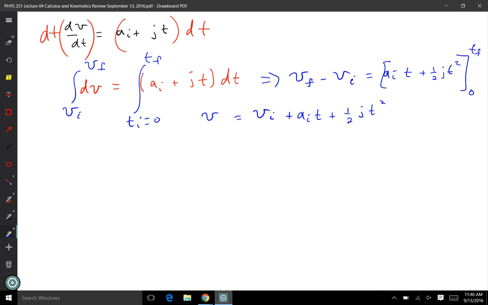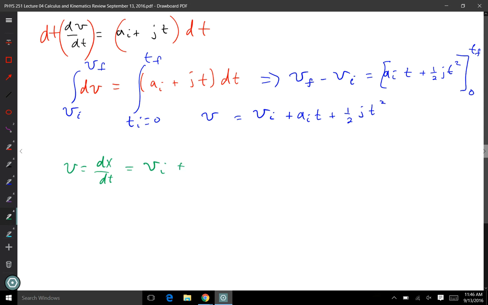And then, of course, the last thing I'm going to do is rinse and repeat a third time. So it's kind of silly for me to ask, so what do I do now? You've already done it twice. The third time, you better remember v is equal to dx dt. So separating variables, you all know, multiply both sides by dt. So I'll have dx is equal to